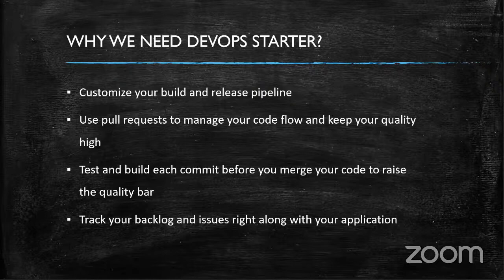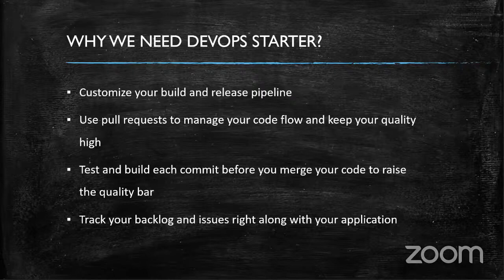Otherwise you feel like you are downloading something and again cloning something, and you need to clone with your on-premise, and then you need to do some changes, and again you need to commit. This kind of activity is reduced; the number of activities done by the developer end and the operational end will be reduced while we are implementing DevOps Starter. So we can link our on-premise or link our DevOps environment directly by a single click.